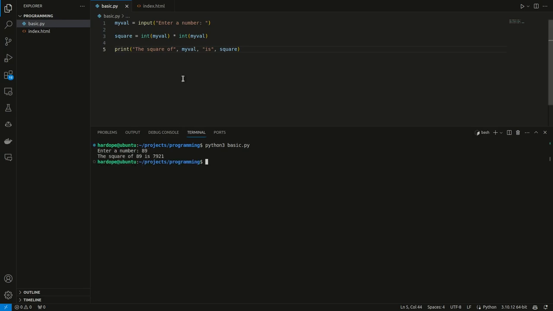So this is fun. But now let's say we want square roots, right? So let's say the square root. Now you can see this is quite cryptic. We're trying to get the square root of a value. So let me change this to square root. So this is just a simple way to try to get the square root. So let me say 89. Now we have 9.433, but it's not accurate really, but it's quite close to what we want.